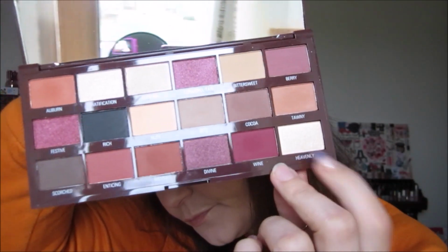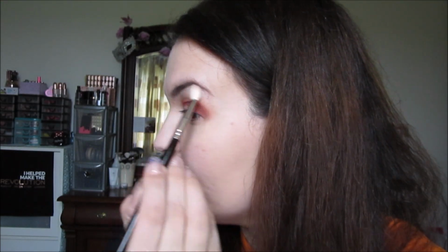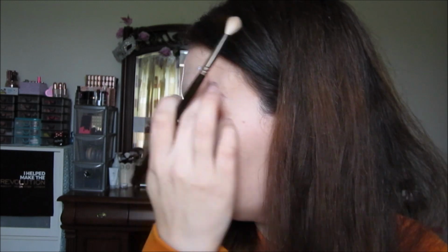Now I'm going to go into the brow bone and I'm going to take my E26, a different E26 brush, and I'm going to apply Heavenly, I think, to the brow bone, just under the brow. It's a goldy kind of color, so I'm hoping, oh, it's really pigmented. It's really pretty. I don't want to have it too glittery up there because I do have to go get my eyebrows done. So yeah, I'm going to add that there,